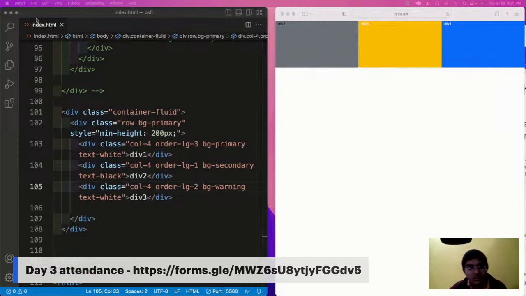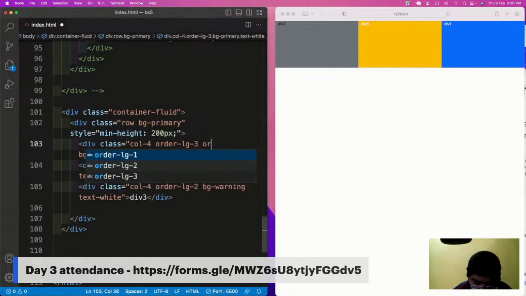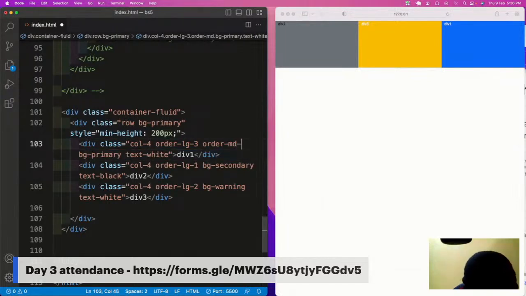So where are we? We are into the ordering property. In this ordering property, we have changed the order for the large screen. Now, if we want to change the order for the medium screen, we need to use order-md-. The medium screen, I want this first one to be in the second, and in here